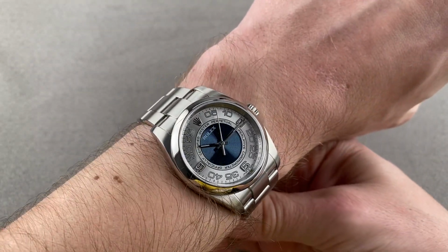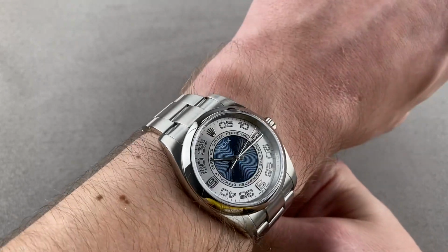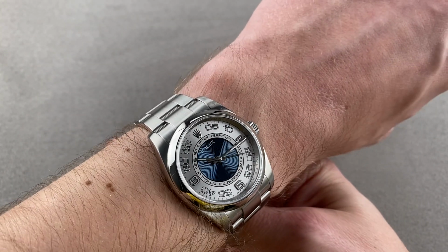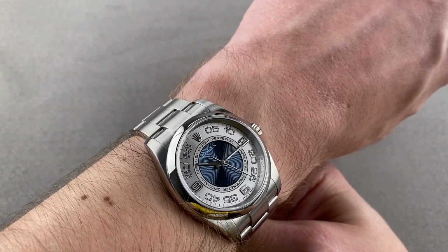36 is a very traditional Rolex size. It's been around for decades, since the eve and aftermath of World War II. It has been a traditional size for Datejusts, Oyster Perpetuals, and, of course, Day-Dates. The watch on my wrist, of course, being 36 millimeters, picks up the threads of history from both the Explorer